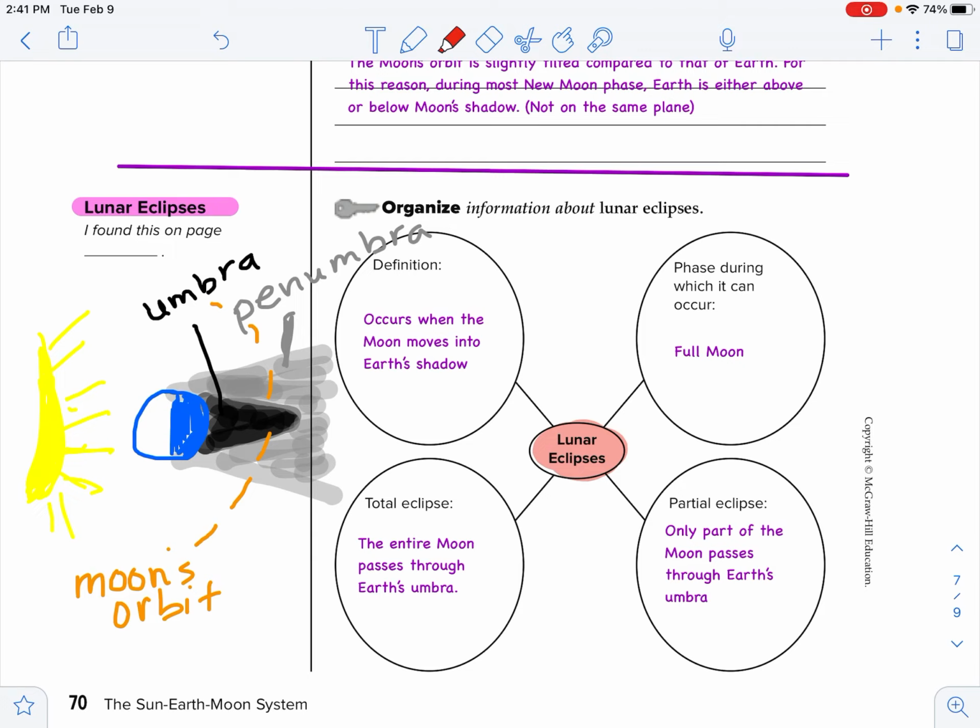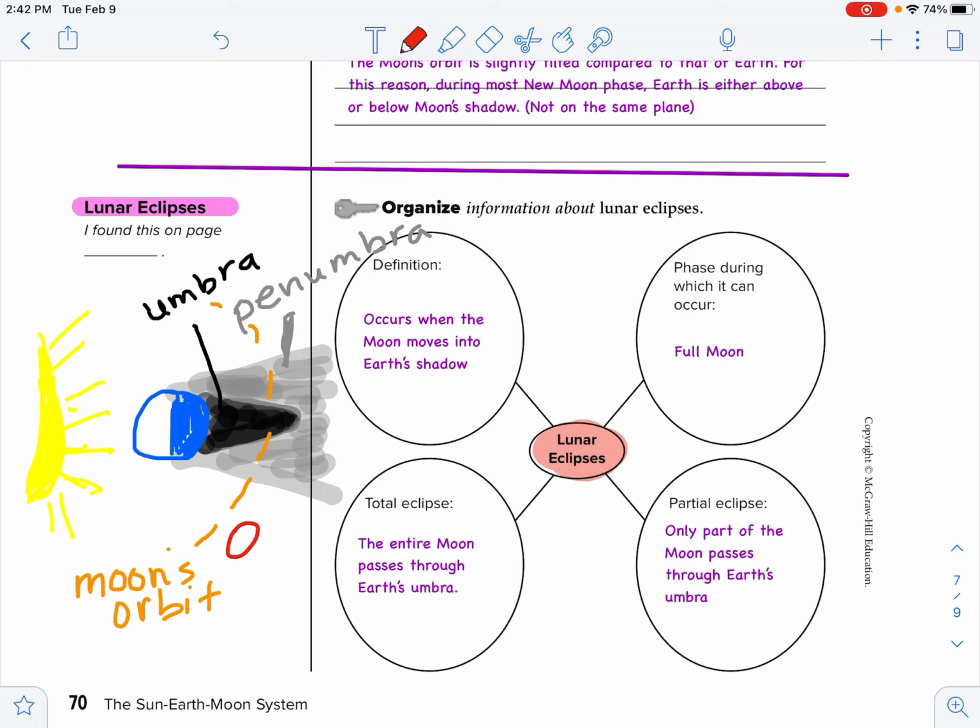So I have made an attempt here at a drawing. So we have the sun and the Earth, and then the moon we're going to draw in. So we have two parts of our shadow. We have the umbra, the darker part, and then we have the penumbra, the lighter part. Okay, so then we have the moon's orbit, okay? So it's doing its orbit. So that's what this dashed line is. So when the moon is out here,